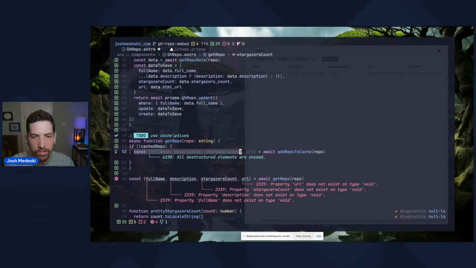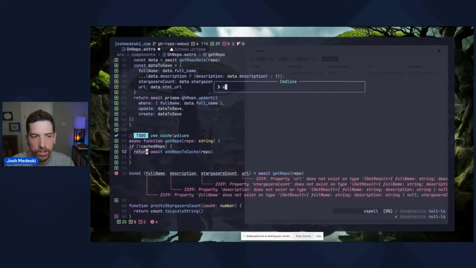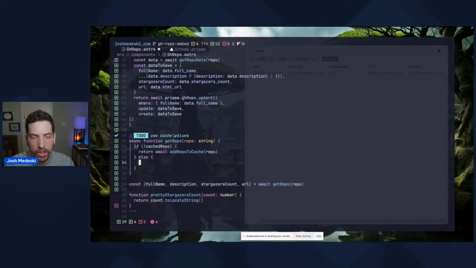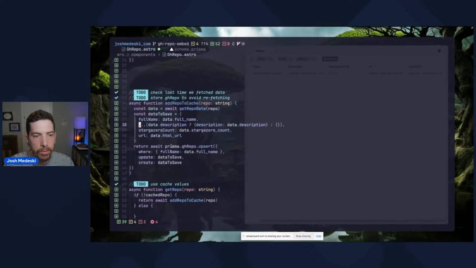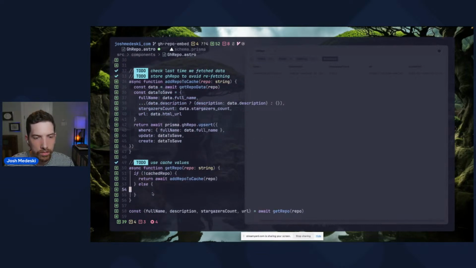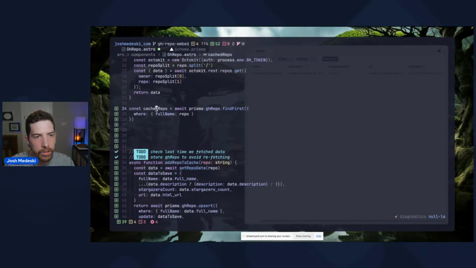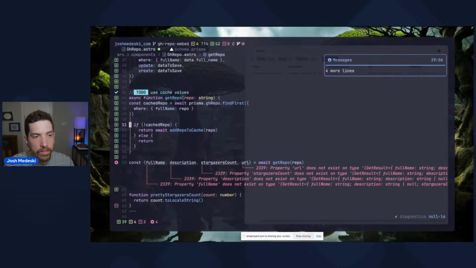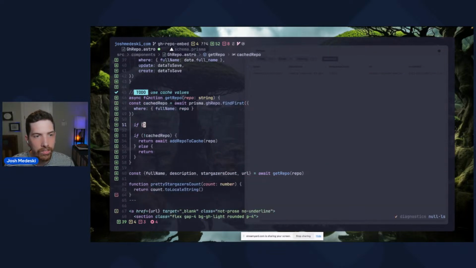So instead of doing that, I'll just return it. Else we're going to add repo to cache. Else we are going to return. All right, so how do I get the cache repo? We do this. Else return. It's one of those things that if cached